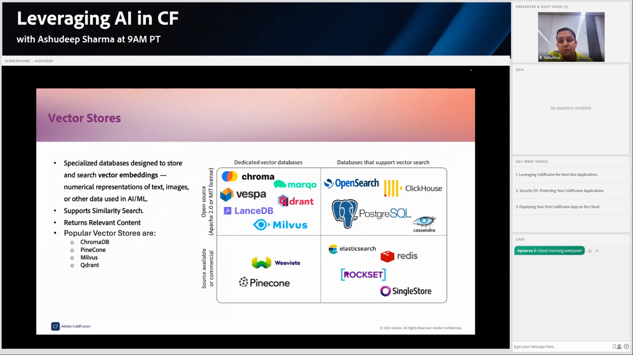Some of the popular vector stores are ChromaDB, Pinecone, Milvus, Qdrant. And if we see here, on the right hand side, we have a diagram with the concept of dedicated vector databases, which come in the form of Chroma, Milvus, LanceDB, Qdrant, and others. We have some relational databases as well, which support vector search, like PostgreSQL, which is the open one, which has